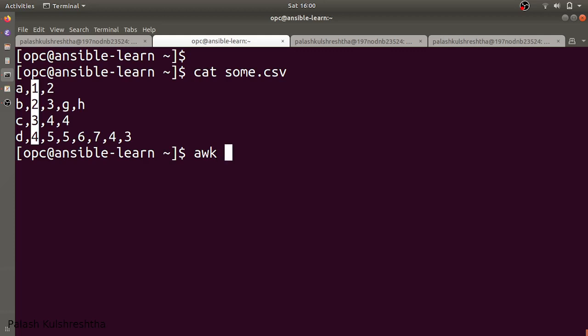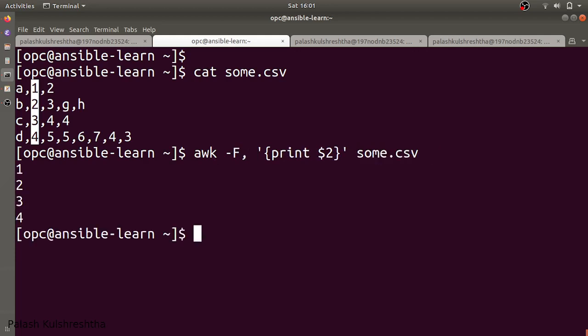The syntax for awk is: in single quotes you make curly brackets, and in this you write print $2, and our field separator is -F. I'm going to explain all this, so let's see how it works. 1 2 3 4, it gave me the result, 1 2 3 4 is the second column.